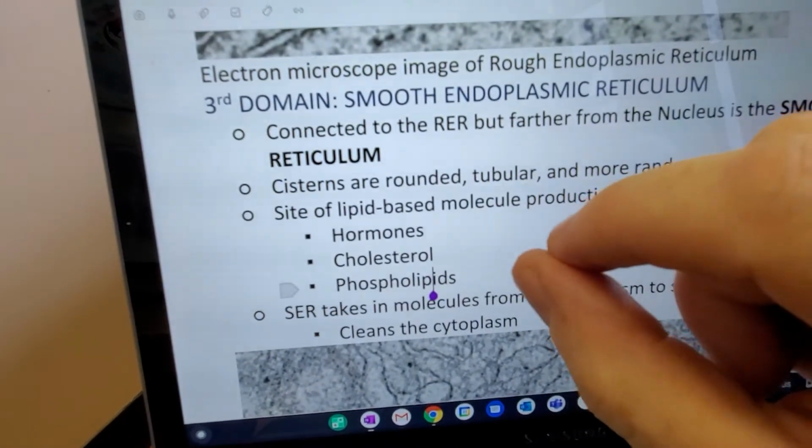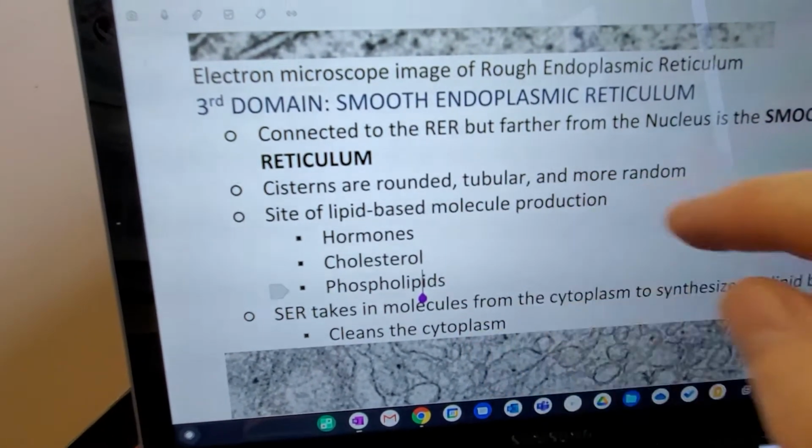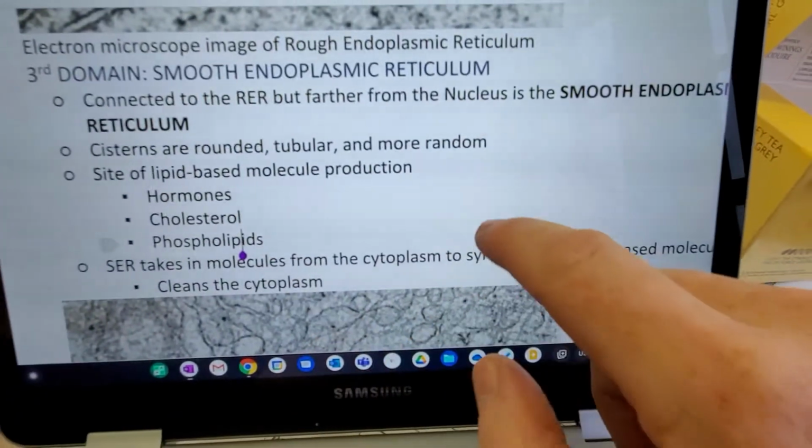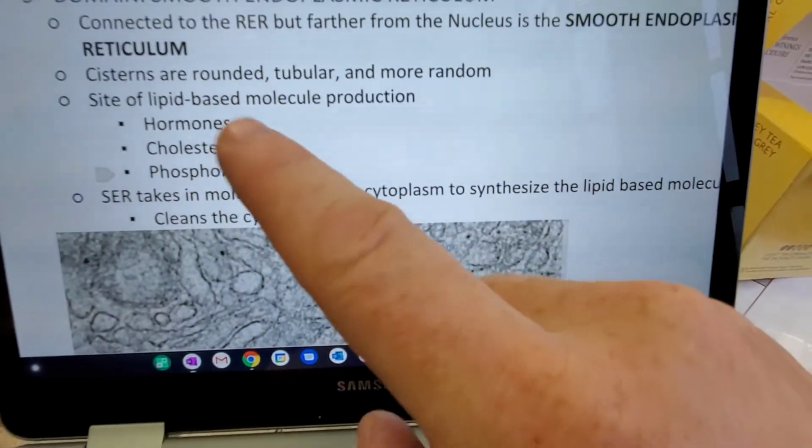So you're making all of that. So you're making these things. The other important thing that the smooth endoplasmic reticulum does is, because as your cell is working,